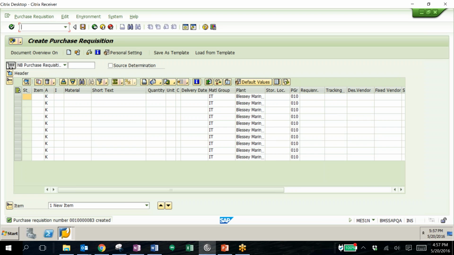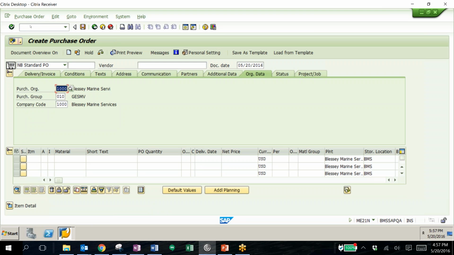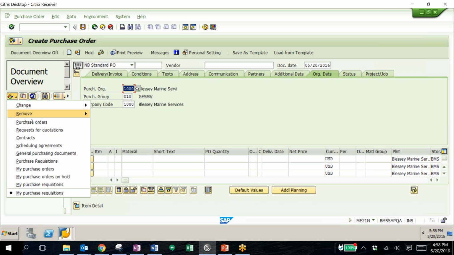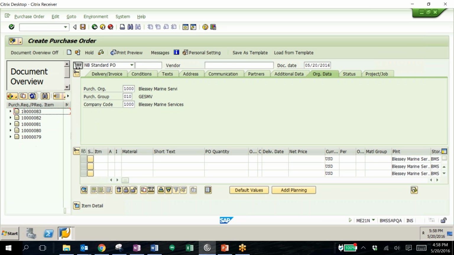Now the next step is to create a purchase order, and the transaction looks very similar to the purchase requisition transaction. And there are a few ways to pull in this purchase requisition. One of them is to use this document overview area. And we can see down on the left, I have all of my purchase requisitions that my user has created. This pane is useful also for pulling up other things like purchase orders or RFQs, contracts, and other items like that. So we can open up my purchase requisition,